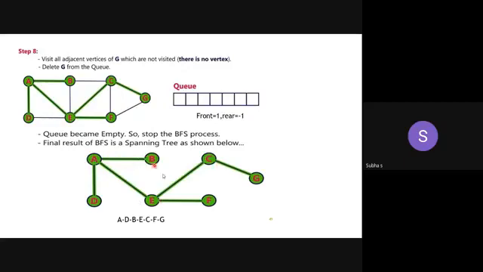This one we can't call a graph because there is no closed loop. There is no cycle at any point. So we are going to convert this graph into a minimum spanning tree. The final result, you have to write the order A, D, B, then E, C, F and then G. If I am traversing like this, I will visit all the nodes. This is the technique behind breadth first search. Okay. Are you able to understand?